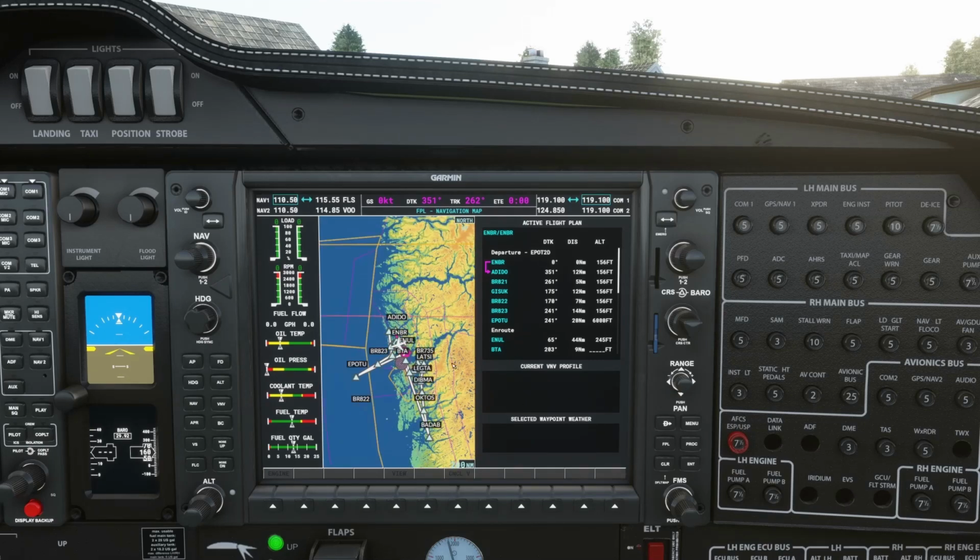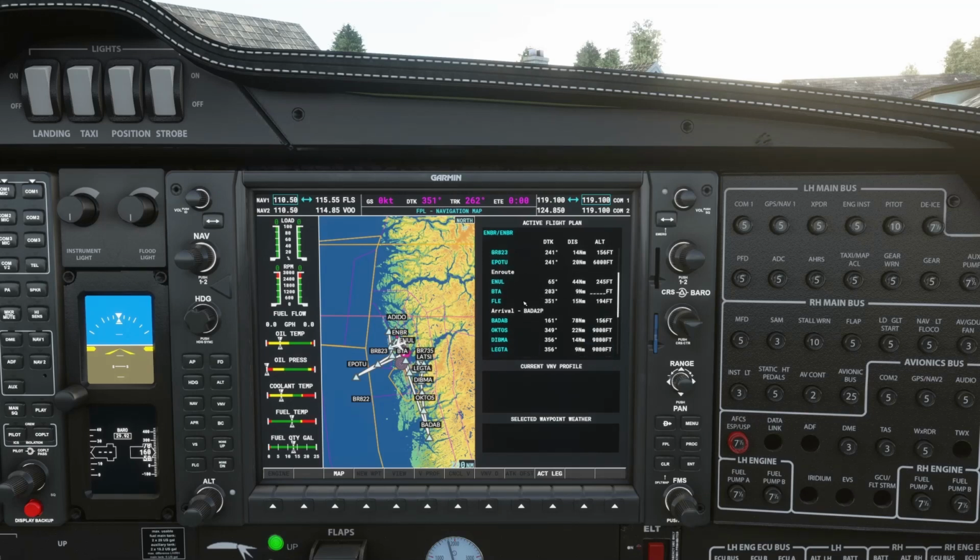So the arrival is actually in, and if you highlight this field again and scroll down, it says departure, and then you have arrival.